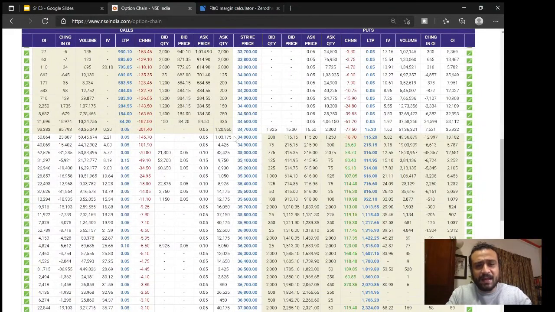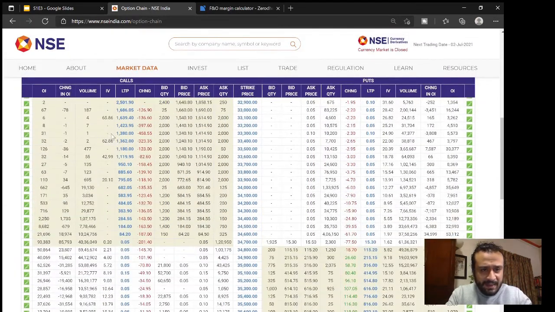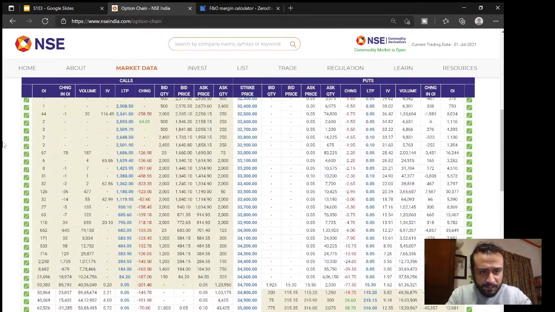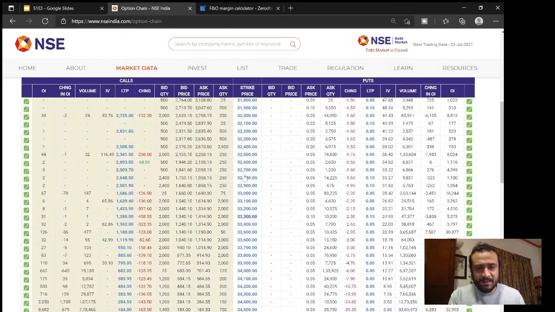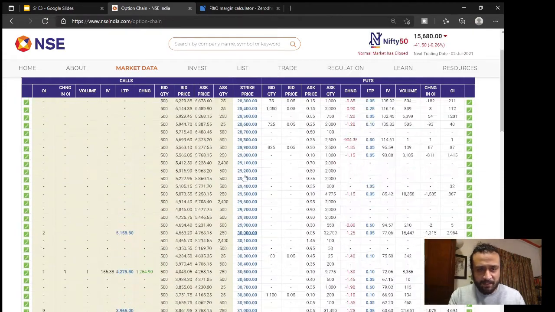As you can see, Bank Nifty has 100-point increments for the call options. And here on the left, you can see the last traded price of the option. So each option has a traded price. We will come to what a traded price is, how much you have to pay for this option. So this gives you a fair idea about options.